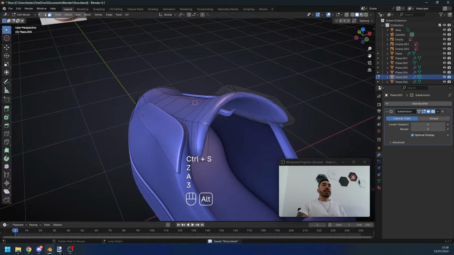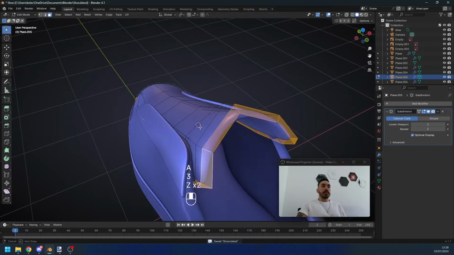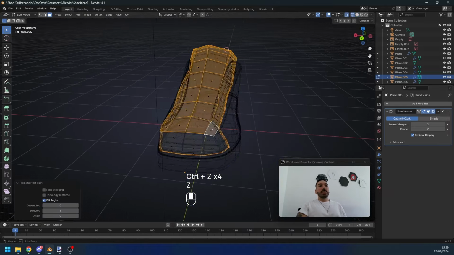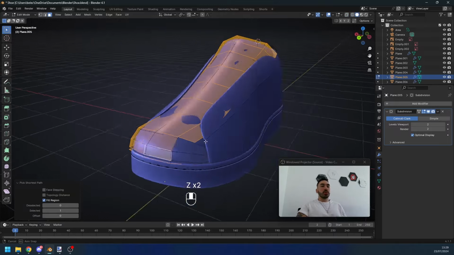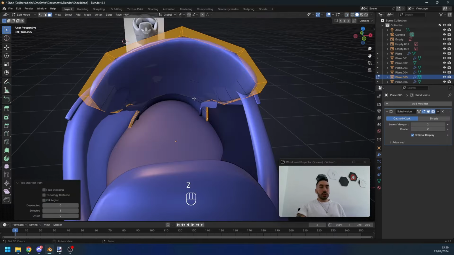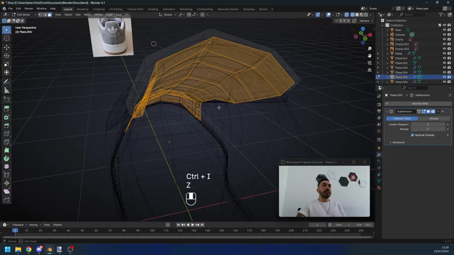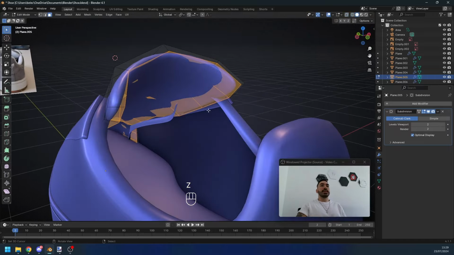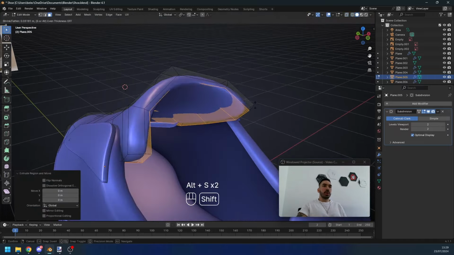So the right way to select it would be to first select this outer face loop, then select all the faces on the outside, because it's pretty easy to select those because we can see them. And now we have all the faces selected except the inner faces. So we can just press Ctrl I to invert the selection. Now we have all the inner faces selected, and we're going to press extrude, right click, Alt S to push all of this inwards. And this is the surface that we're going to use to create the inner white cushioning